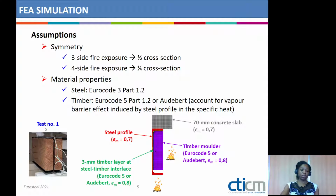So here you have a picture of the tested specimen in test number 1 and a view of the cross-section that was modeled in our finite element analysis. As the specimen was exposed on 3 sides, we modeled a 70 millimeter thick concrete slab above the steel profile. For the timber molders, we consider specific modeling as there was a 3 millimeter thick layer at the interface with the steel profile, and the rest of the timber was modeled with different material properties,